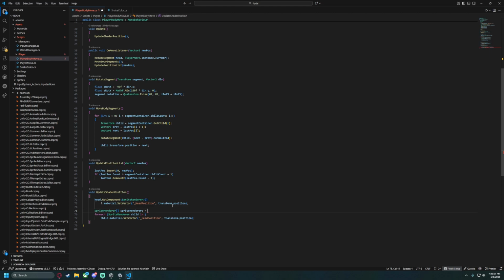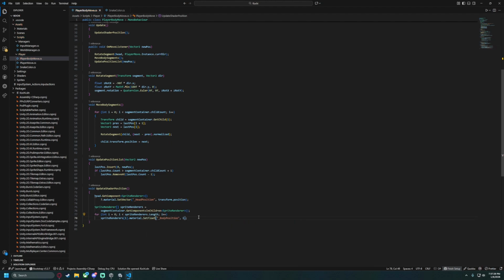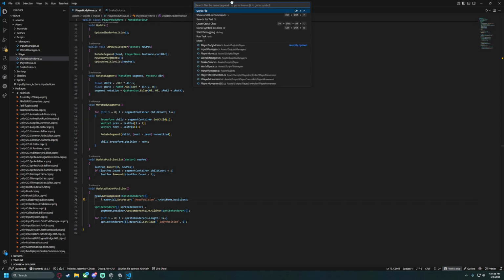array. SpriteRenderers equals this, and then we can say for, we can say spriteRenderers[i], and it'll be body position is i. Oh, set. We can implicitly type to float. Hold on, there has got to be like a